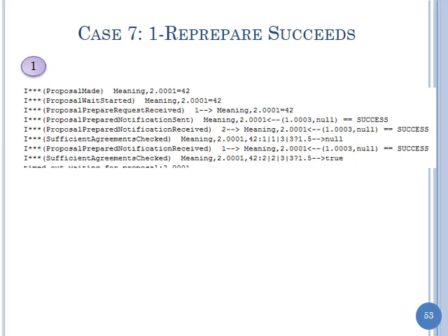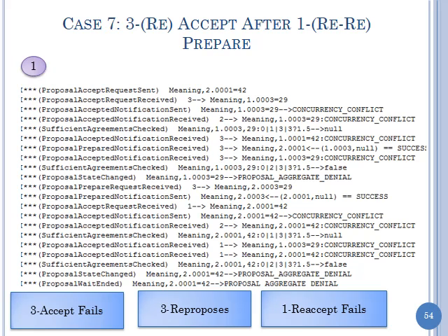But this scheme also makes sure that newer proposals have higher numbers than proposals you've already seen, because you increment the whole number part, the higher order bit, when you make a new proposal. Okay, so once reprepare succeeds, it does a reprepare, and so it's going to propose a value, accept a value which will be rejected,